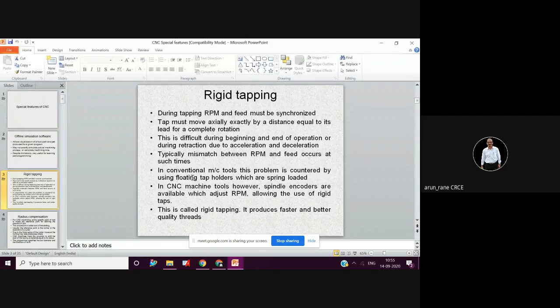In this tapping attachment, the spindle will rotate, let's say clockwise, and it will do the tapping. The moment the tapping is done, at the bottom of the hole, the spindle will stop, and then the tap will rotate in reverse and come out in feed. It will not come out in rapid. So in order to carry out these functions, we need a special attachment, that is the tapping attachment. The beauty of the tapping attachment is that it can take some amount of float in the axial direction as well as in the radial direction.